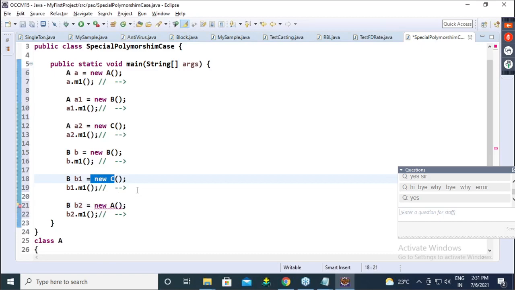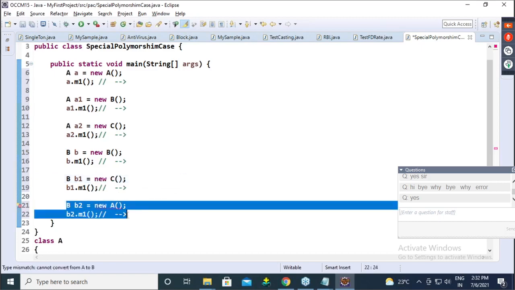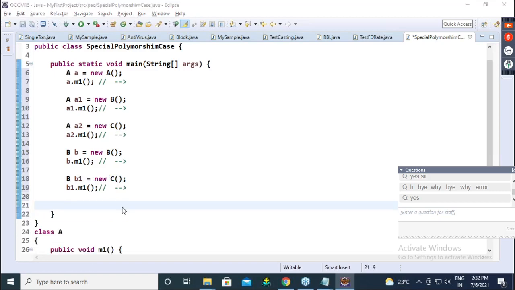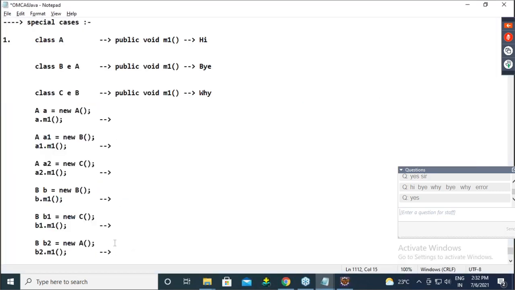Child will have a parent reference. That's the reason the last case is gone. It's a compile time error. Here only you will get the compile time error. Guys, is everyone clear why the last case is a compile time error? Parent will never have a child reference. Child will have a parent reference.